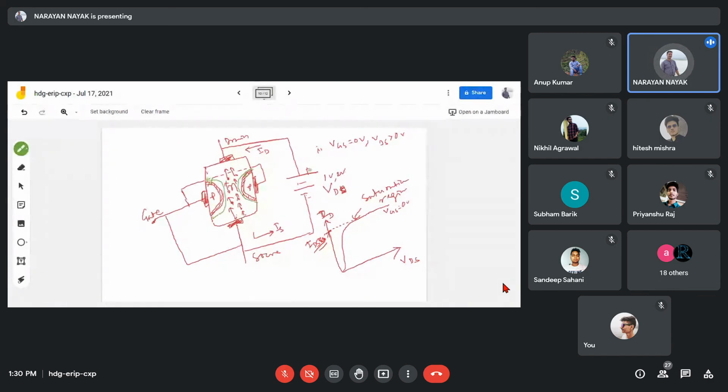Now again you have to increase the VDS to 5 volt. What will happen? This depletion region will be increased like this. Understood? This side also it will be increased. Previously the path is very large, so the maximum charge carriers can flow. Once the depletion region is increased, you get a narrow path, so the movement of the charge carriers from the source to the drain will be limited. Do you understand?